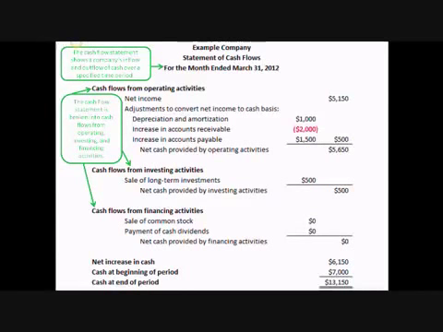Now that you understand the basics of these three financial statements, you'll better understand how your company is performing so that you can strategize for future